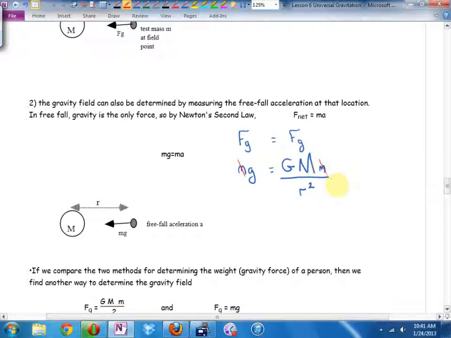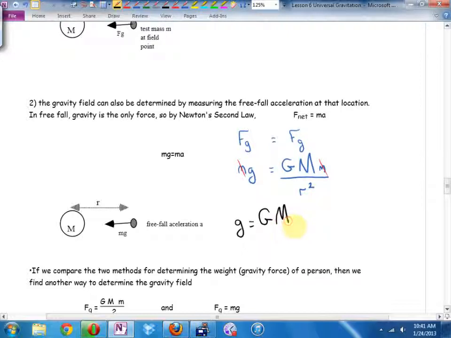The tiny mass turns out to cancel. And what I'm left with is now a formula for calculating g. Not dropping an object and timing it, not hanging a mass from a scale. This gives me a formula so that I can calculate g without actually having to go there. How can I calculate the gravitational field anywhere in the universe? It's equal to big G, which is not gravitational field, that's the conversion factor, Newton's universal constant,